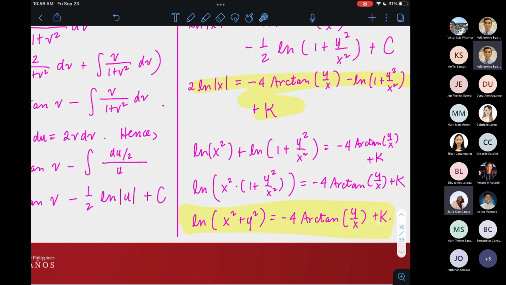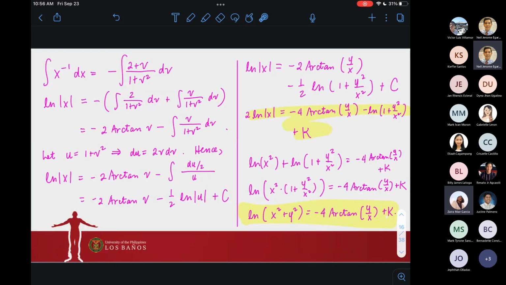Okay lang ba? Kaya pa ba na next example? Ano man time slot natin? 10 to 11:30, no? So, yeah. May time pa tayo for some more examples. Pero maganda rin to na review